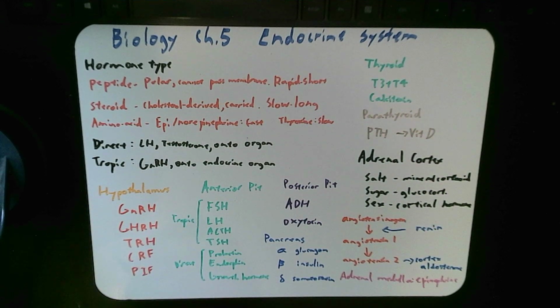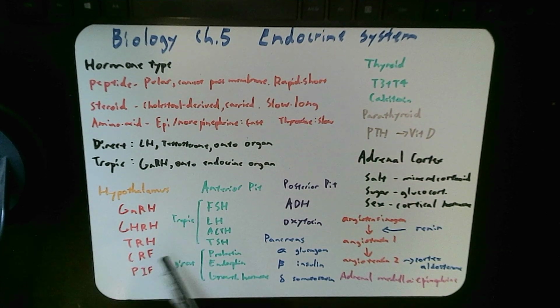TRH is thyroid releasing hormone, so it goes ahead and acts on the thyroid stimulating hormone in the anterior pituitary gland, in which it will go ahead and act on the thyroid to produce T3, T4, as well as calcitonin in order to lower the calcium levels in the blood, or it could also stimulate production or early development in children, and the lack of thyroid, as we see later, will be devastating.